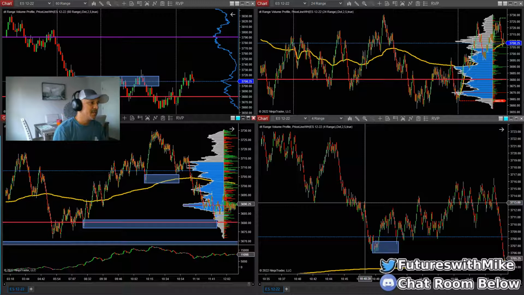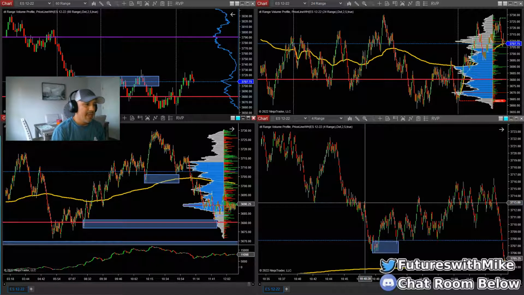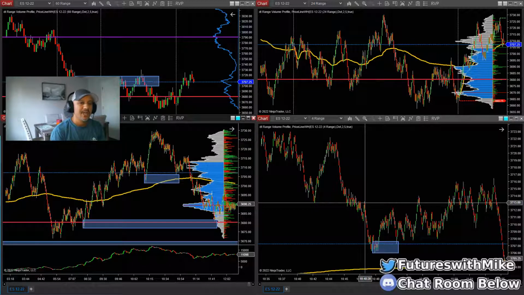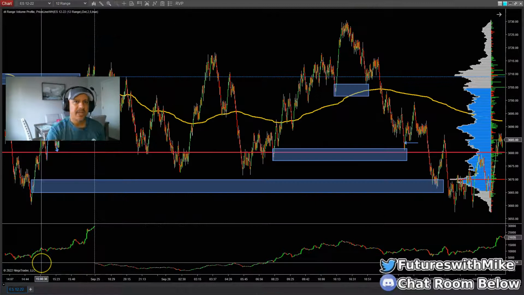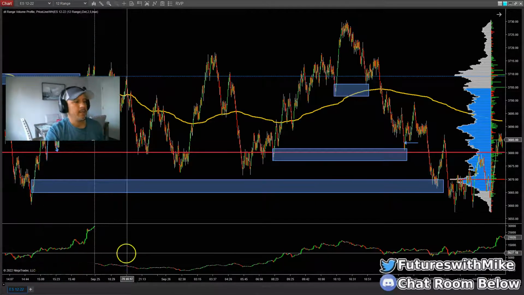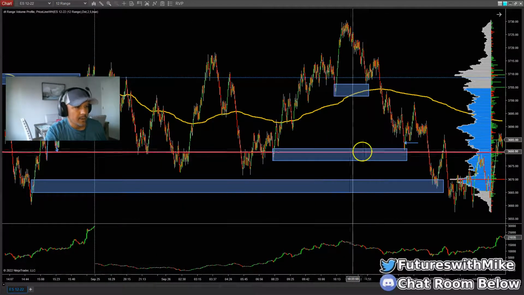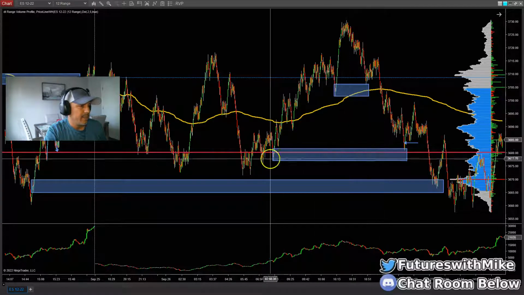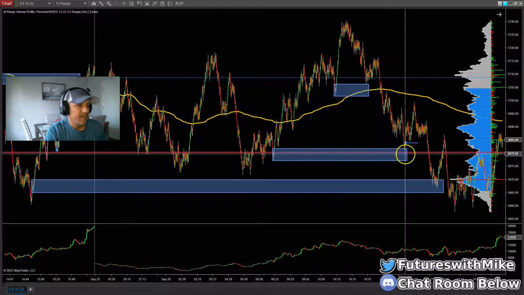Now I'm going to show you another example, another trade that I took, and show you where you didn't quite get that breaking structure on the 4 range chart, but you still can trade it using the 12 range chart. Okay, so you guys ready for this? Let's move on. So the next area I marked up was this area right here. This is a demand zone, and this happened around 11:45 yesterday.